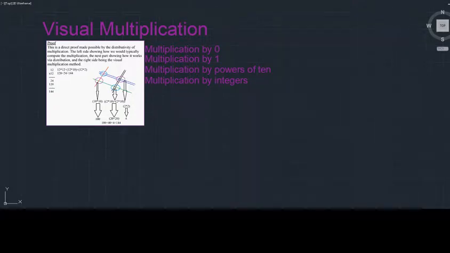The method I will be illustrating today is called visual multiplication, and it is referred to as such due to a lack of proof on the history regarding the name of it. So starting with the method that is most commonly used these days,